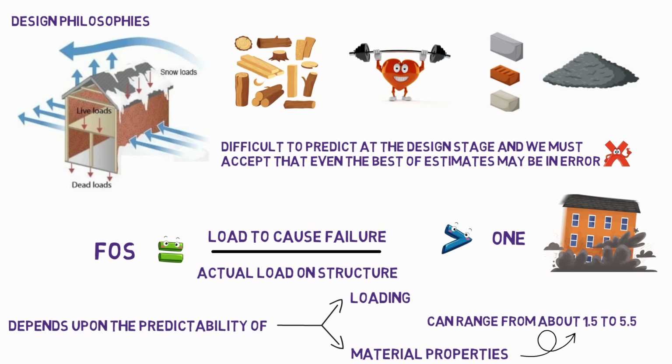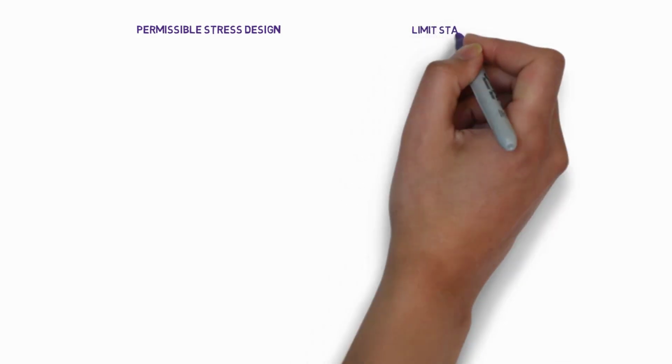The main difference between the two approaches that will be described is the way in which adequate factors of safety are achieved. Permissible stress design. Permissible stress design is the method formally advocated by the national standards for all materials. It has now largely been replaced by the following limit state approach. It is included here because it is still in widespread use by many designers and it remains the accepted approach